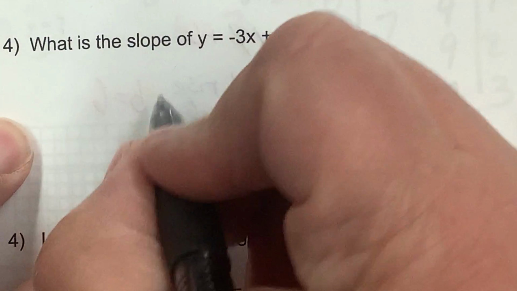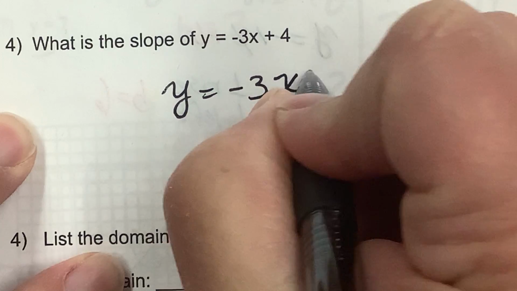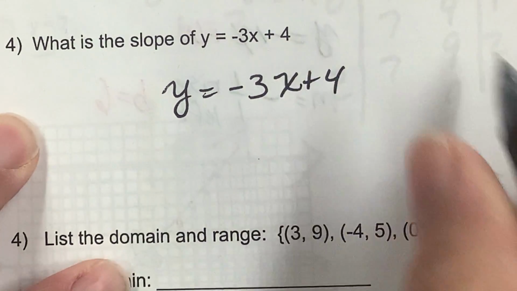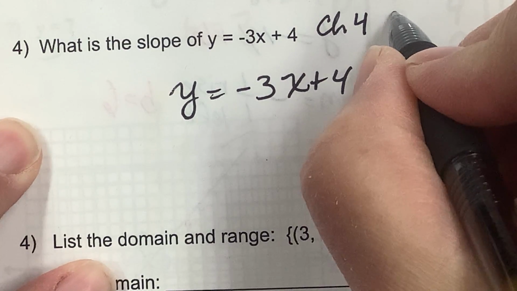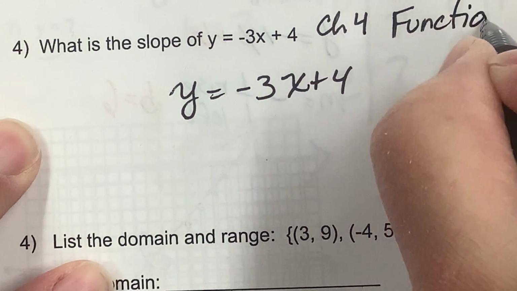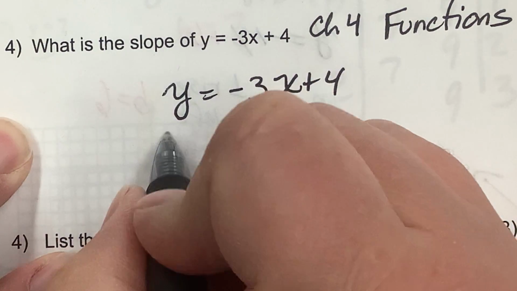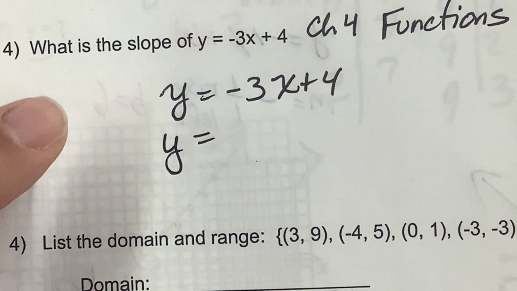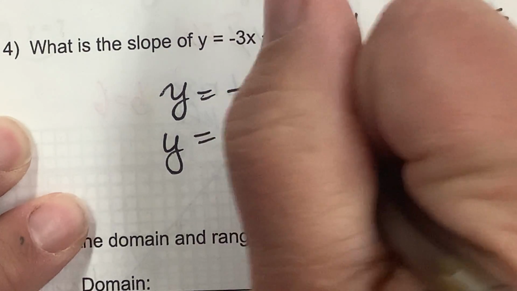So, yeah, there's that. Oh, look at this. Y equals negative 3x plus 4. This is the chapter we're in right now, chapter 4, well, not equations, functions. So now I need to remember y equals mx plus,